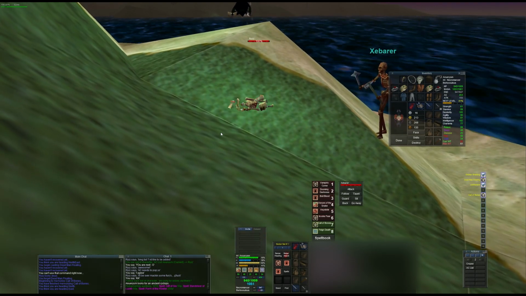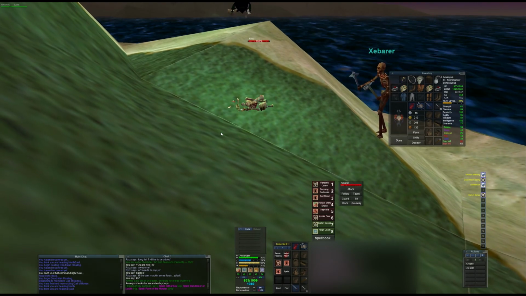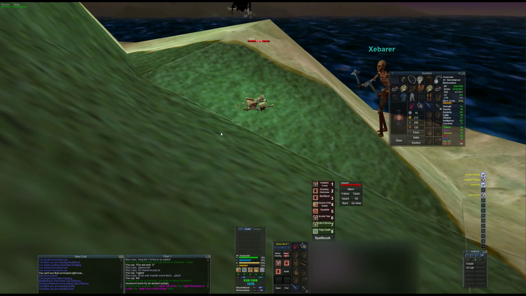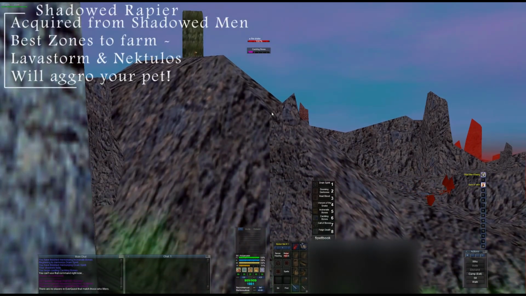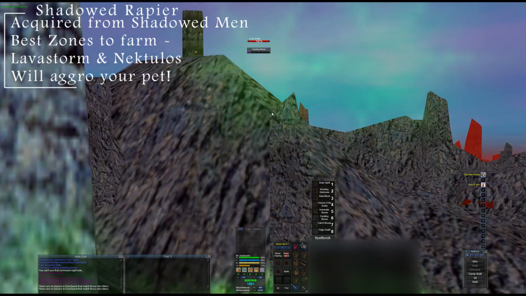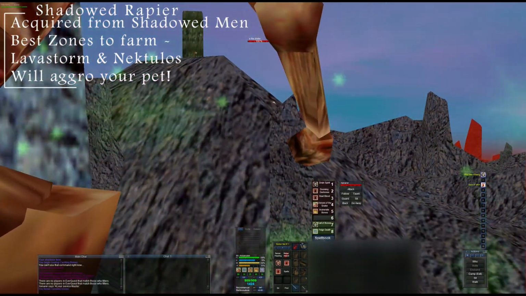All right, well, I have talked enough. That is only one part, the first part of the quest. So that is the big bottleneck, but we have more to do. The second part of this quest is you will need to acquire a shadowed rapier